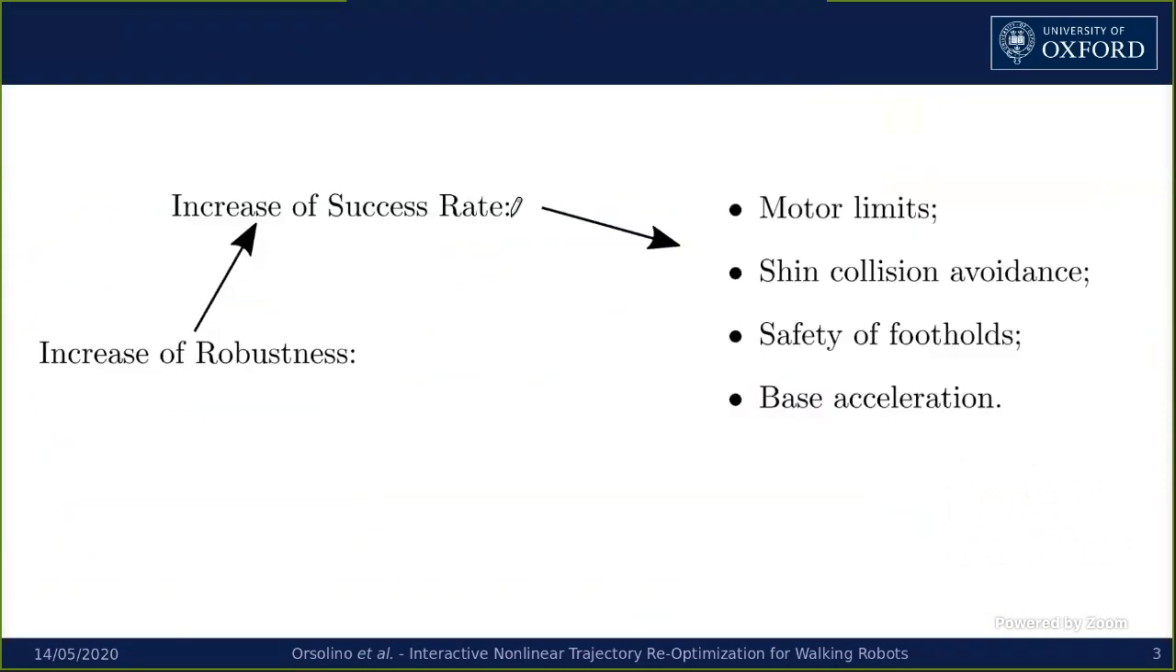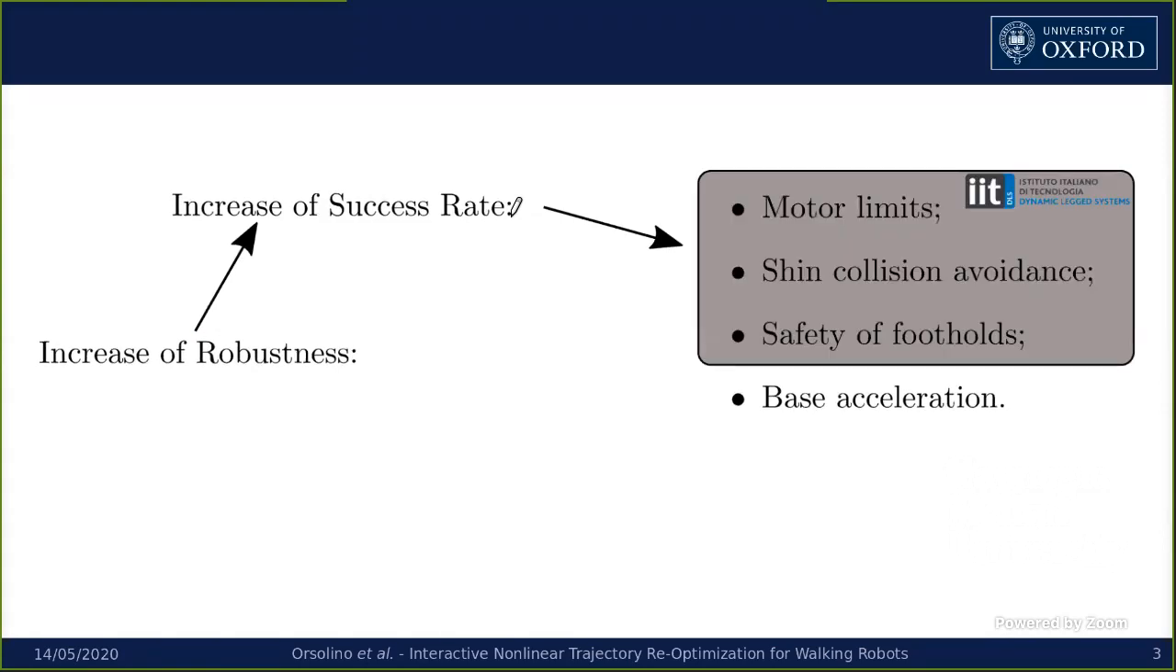So in order to increase the robustness, I can see mainly 2 ways. One way is by increasing the success rate. And this can be done by including feasibility constraints such as the motor limits into the formulation, or other constraints like the shin collision avoidance and the safety of the footholds, or minimizing the base acceleration. And this was the focus of one project I performed with a student of mine at IIT